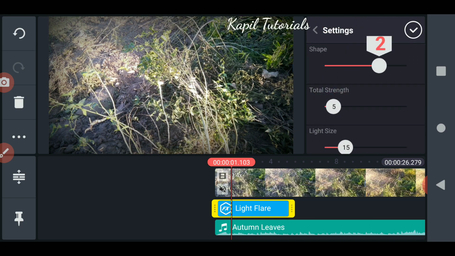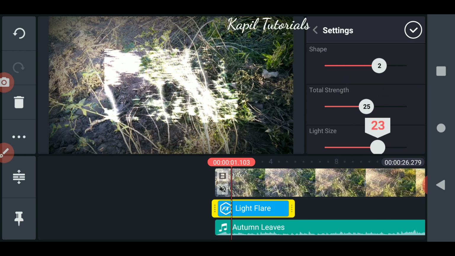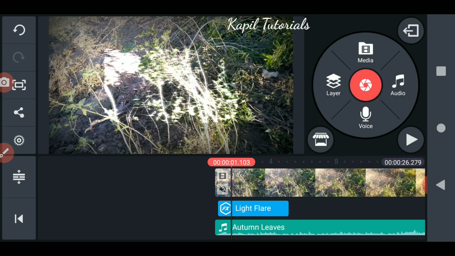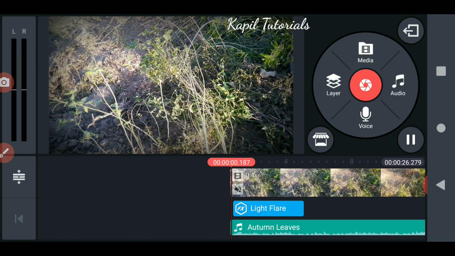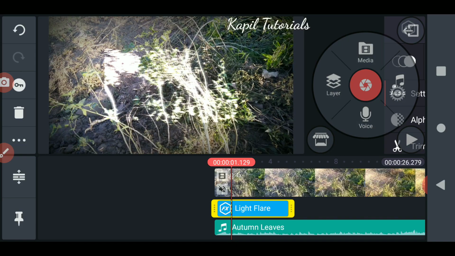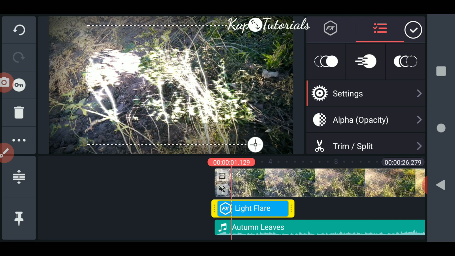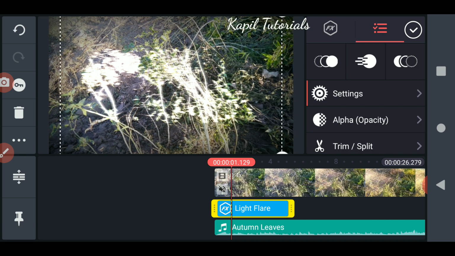Just see now when I'm changing the effect in between. Strength. Now I think I'm increasing the strength of the light. Light size. Okay, now just check. I can increase the size with my finger.